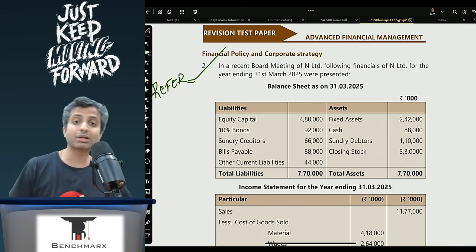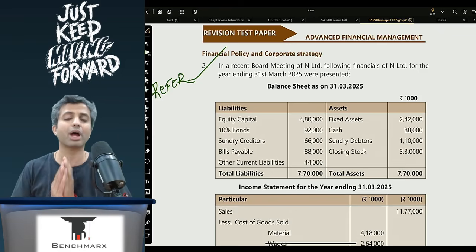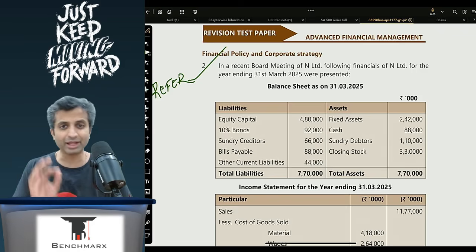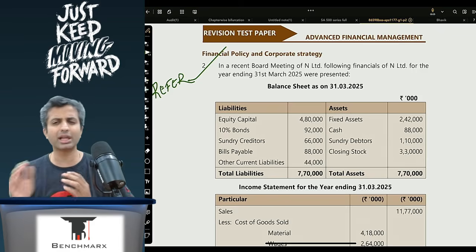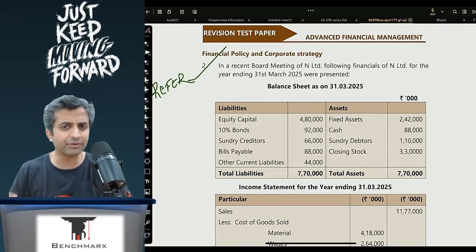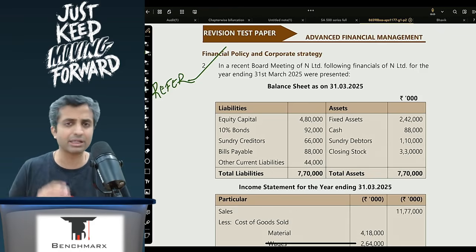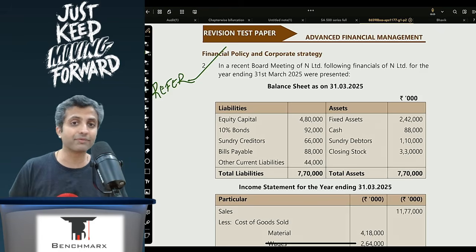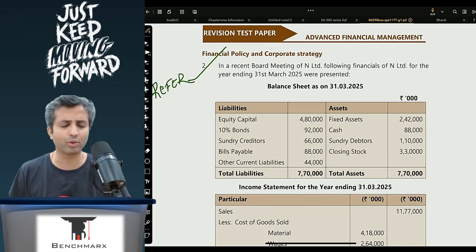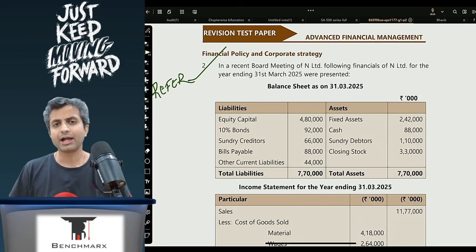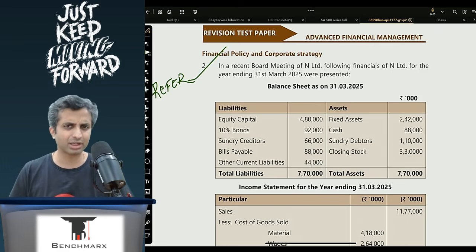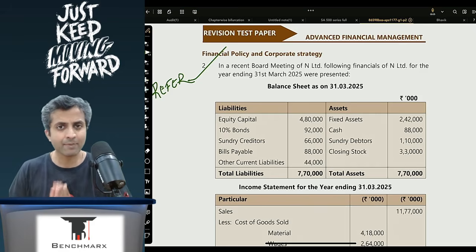Then from question number 3 all the way up to question number 14 you have descriptive questions, of which question 9 of Forex is worth doing. Question 11 of M&A is slightly different, but I would say it is easily manageable. And then in question number 15 and I think 14 you have theory questions, of which there is one theory question which is slightly different. So we'll just focus on these 4 areas.